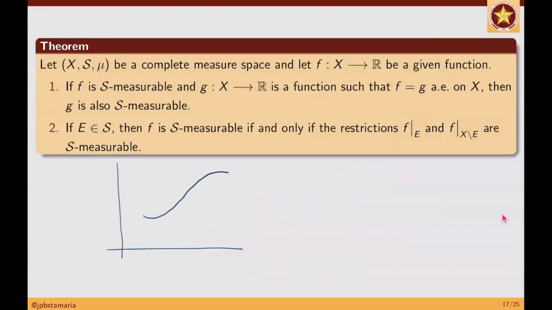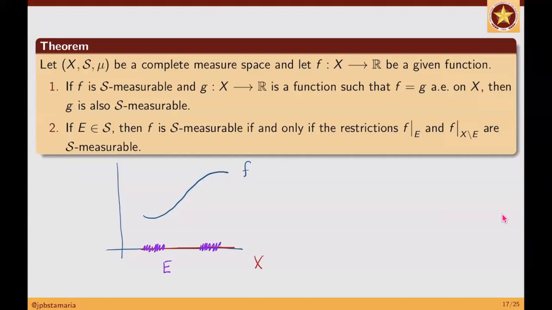Ano ba ito, si F? Okay. So ang domain ni F ay X. Kunwari yan yung X. Yung red ay si X. Now I will take a subset of X. I will shade it as violet. For example, ito si E. O, yung E ay union ng dalawang intervals like so. Yan yung E, si X.